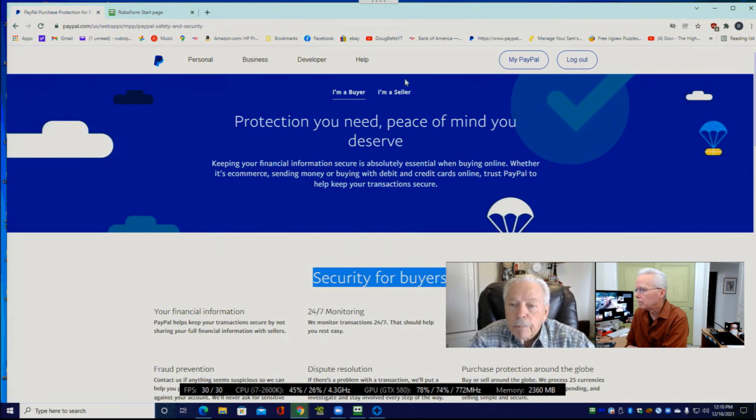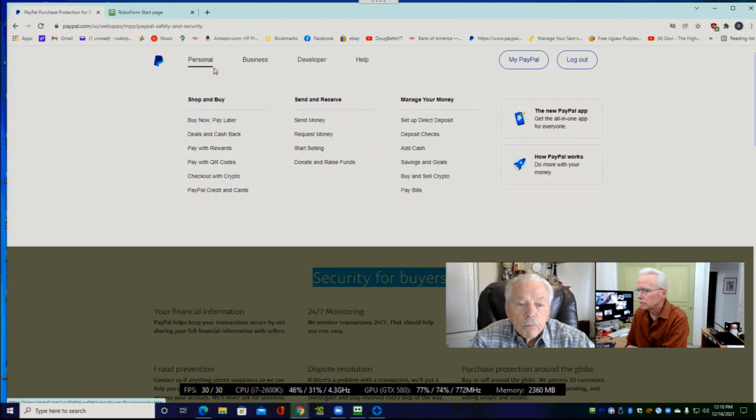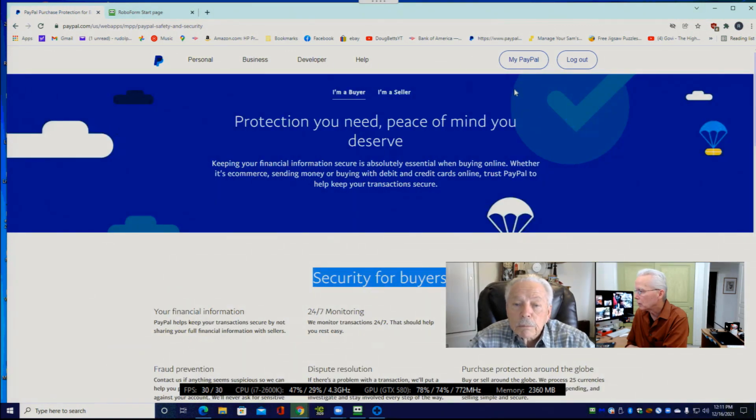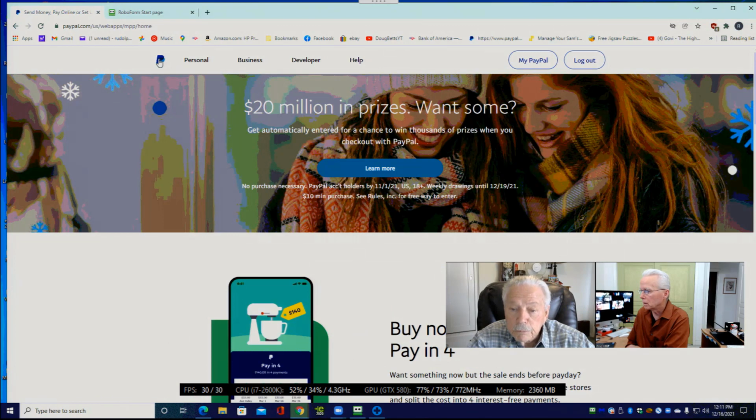So I'm now finding myself attracted to personal, the manage money, the new PayPal app, send, receive, shop and buy, no. Developer app, no. Now I'm feeling more attracted to my PayPal or the P over here. I'm going to try the P over here on the left. See what that does. That just takes us to a main landing page. Okay, so still it looks likely that what we want is my PayPal. Yeah, I think so. Blurred screen.